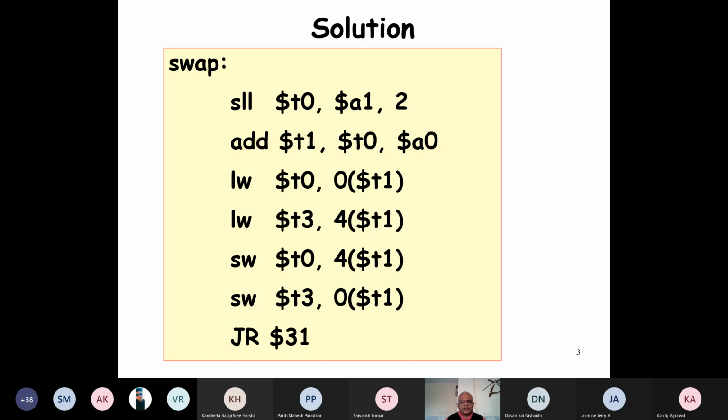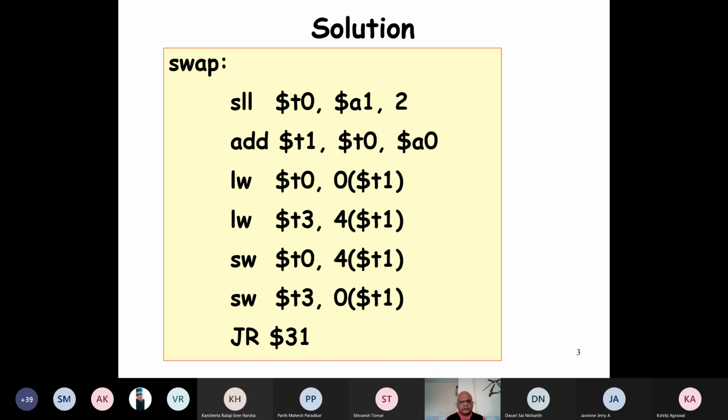Now let's proceed. We have first got the address of the kth element, and then we load that element. T1 is the address of the kth element, and we load the kth element in the T0 register. We don't need the T0 register anymore, so we have reused the T0 register and loaded the element at K there.